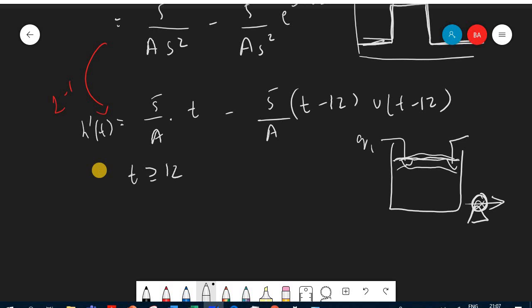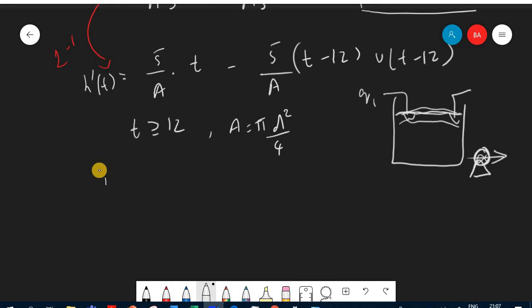So if you substitute t greater than 12, 12 is good enough to substitute. If you substitute higher, you will get the same answer. And by area, which is pi d square over 4, you substitute those values and you'll find out that my h prime of t